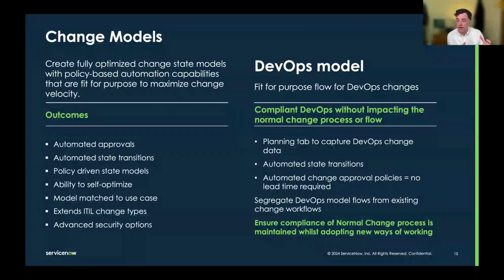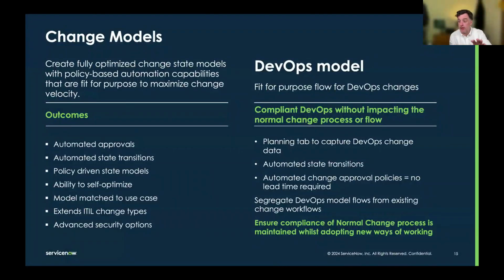So what we're doing is giving the opportunity to encapsulate this way of working in a thing called a change model, and then have technical aspects of it, like the flow that it flows through, the state model it uses, how it gets approved, what tasks get attached, what data is in the change. Wrap that together and have assurance around it, have compliance around it, and say, this is how DevOps change works for our organization, or this is how high velocity elite DevOps change works for our organization, and this is how low velocity DevOps change works. You can mix and match.